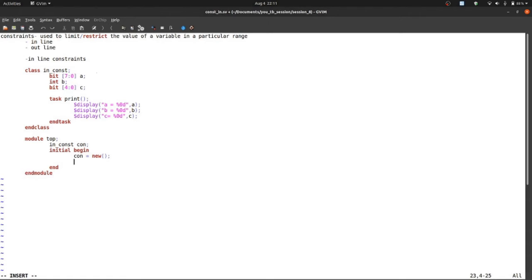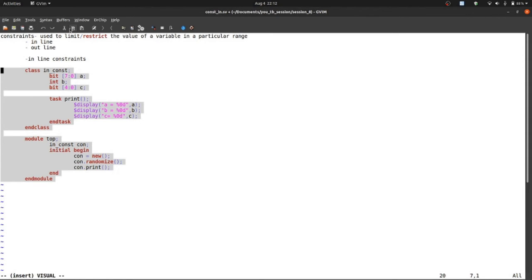After that we have to randomize these fields, right? So con.randomize, and after that some print mechanism, con.print. So that's it. Now let's check the code.